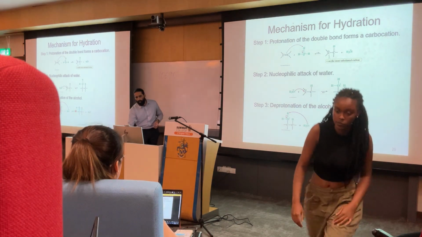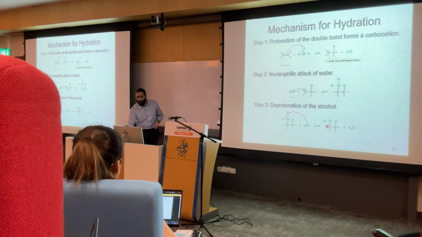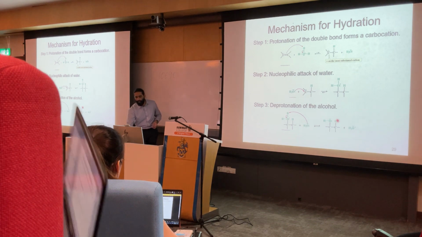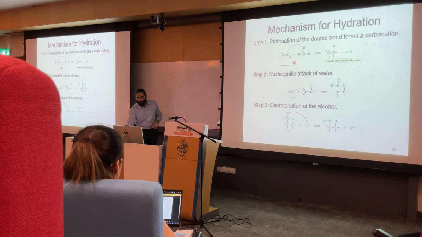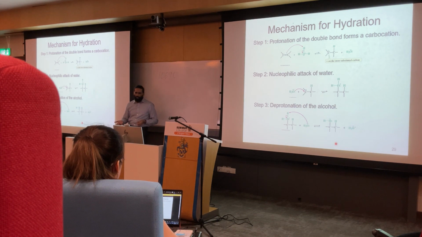As a result we get the attachment of a hydroxyl group on the other carbon, where the hydrogen had already been added on the first carbon, isn't it? So you see that from the reactant to product, the green color hydrogen and hydroxyl groups have been added on the neighboring carbons. And the curly arrows simply show the flow of electrons,